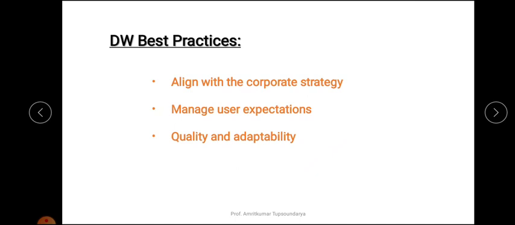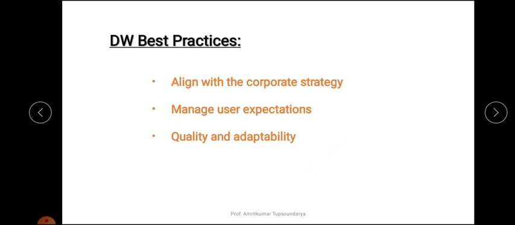Only the relevant, cleansed and high quality data should be loaded. The system should be able to adapt to new tools as and when they change for the access of the data. There shouldn't be a gap when it comes to data adaptability and data accessibility. As the business needs change, new data warehouses or data marts may need to be created for the new requirements. So that's all about data warehousing.